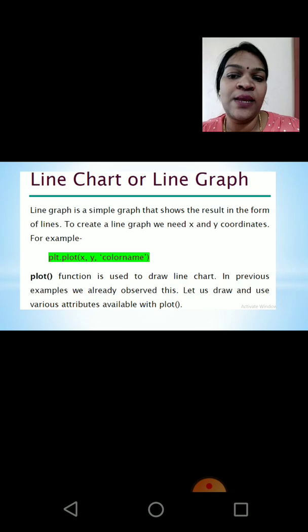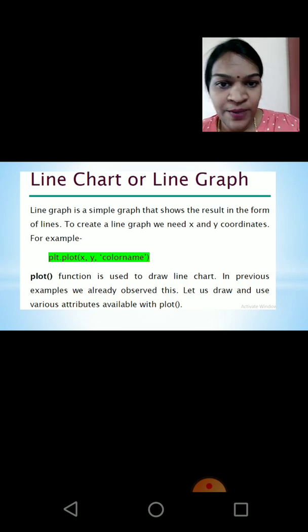Plt is actually the alias name for pyplot. Plt.plot is a function; within the brackets you have to specify the x value, comma, the y value, and the color name. The color name has to be given inside single quotes. So plot is the function used to draw the line chart.